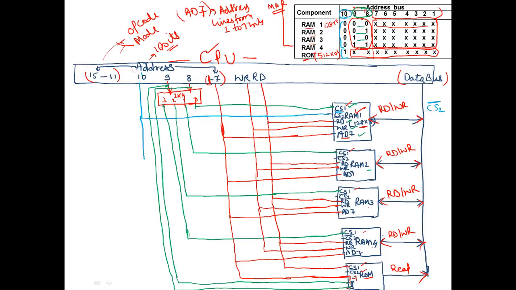The same is for all the RAM chips. It is attached to this CS2, CS2, and to this CS2. And here to this CS2, what we will do is we need the value 1 here. So it is already complemented. The complement of a complement is going to give me the exact simple value of 1. So it is coming as 1 here.